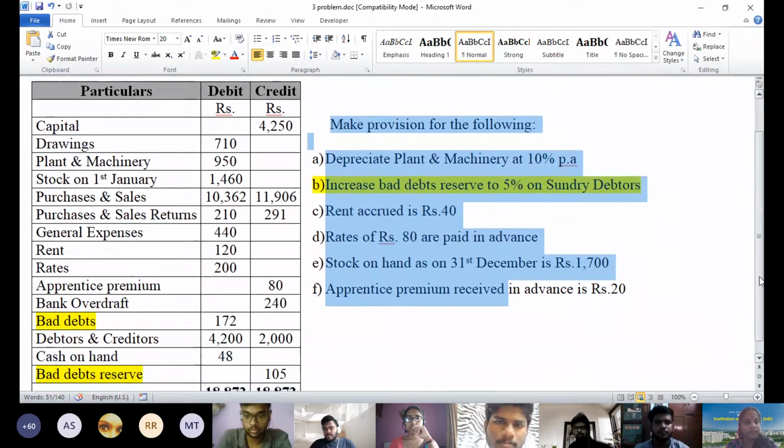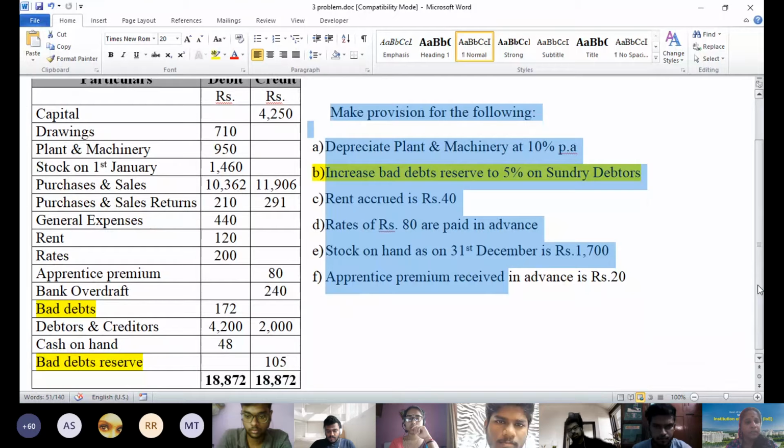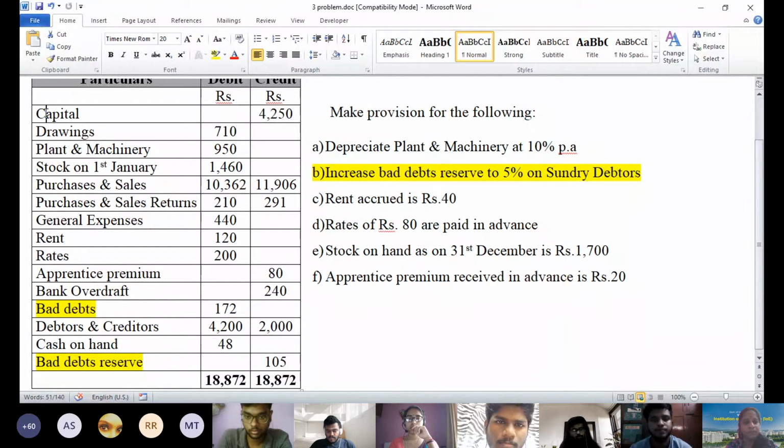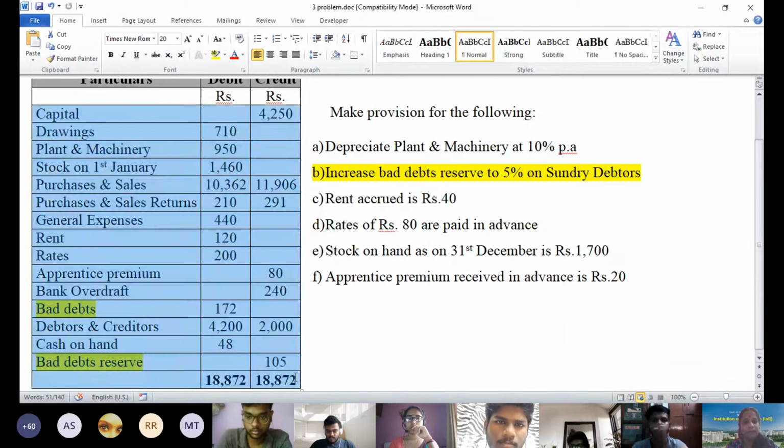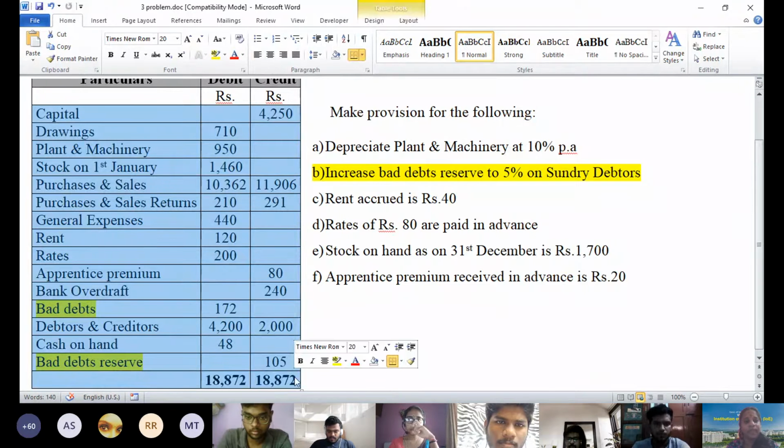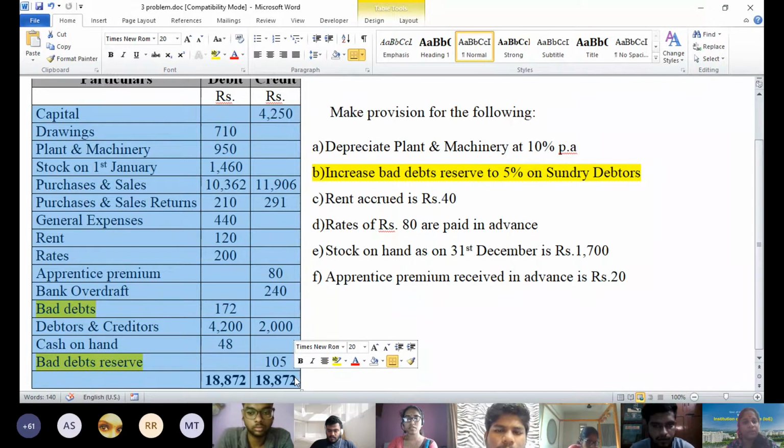Now this is a trial balance. What we have to do in this problem: we know that capital is credit. They have given a very clear explanation of what is debit and what is credit. Yesterday's sum did not show you all that, but today's sum very clearly gives debit and credit, and the tally amount has also been mentioned. Drawings 710, plant and machinery. So we know what is debit and what is credit.